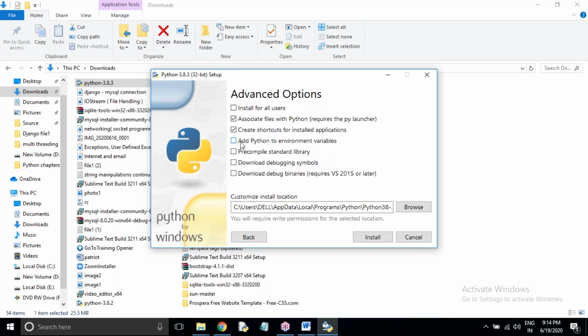And here you can see add Python to environment variables. If you want to add the Python path to environment variables in control panel, then we have to select this. See, when you install Windows or Java or .NET or Oracle or Python, the path is added to the environment variables in control panel.